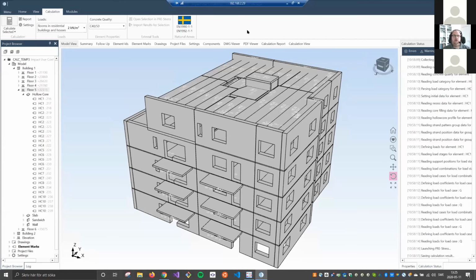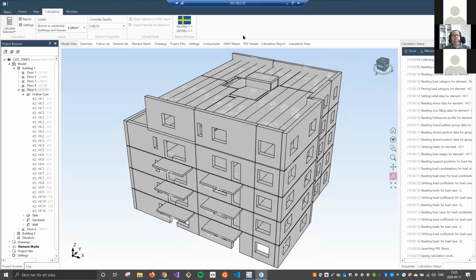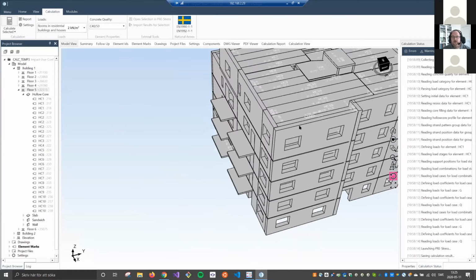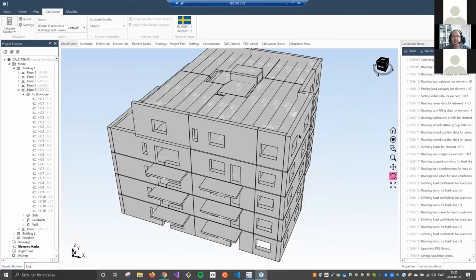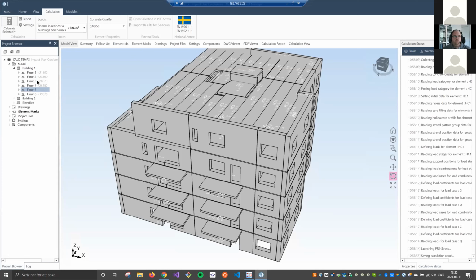What we are looking at now is a building that has been designed in Project Manager. You actually can see the building. You see it's been built with prefabricated elements. It doesn't really look finished yet, but this is the backbone of the building. And here you can get an overview of what this building entails, what's in the different floors and whatnot. And even though it doesn't do any calculations, per se,